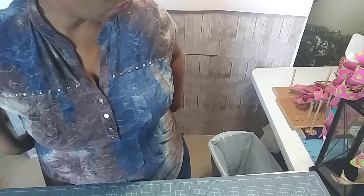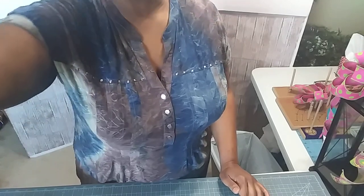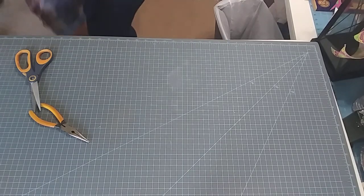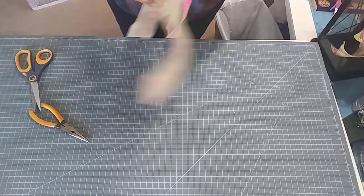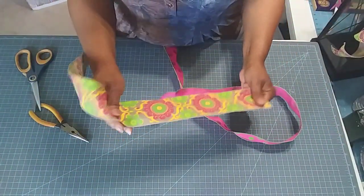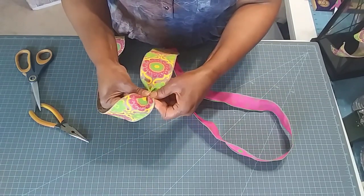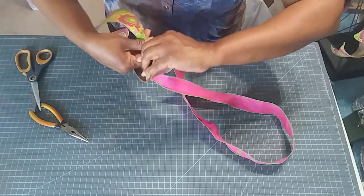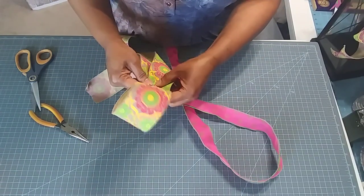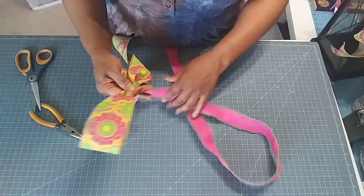And one more option, if you wanted to use multiple ribbons, I'll show you that real quick and then we'll be off of here. So let's lower that down. We're going to use the same 2 ribbons. And we're going to start with our 2.5 inch. And this time I'm just going to make a small bow, a small ribbon tail. We're going to pinch, twist, make your loop, and of course you can measure, okay,